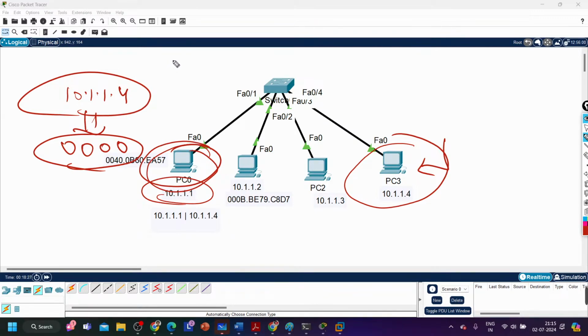Why was Gratuitous ARP a broadcast? Because this PC is checking whether this IP address is duplicate or not. So this PC needs to ask everyone, right? So it will do a broadcast. Getting my point? Switch is going to treat an unknown packet, meaning if the destination is unknown, and a broadcast